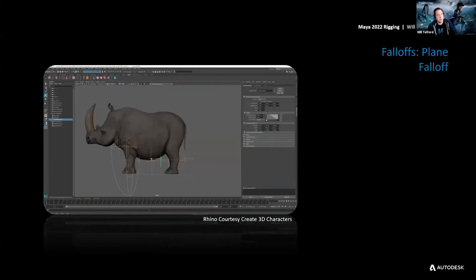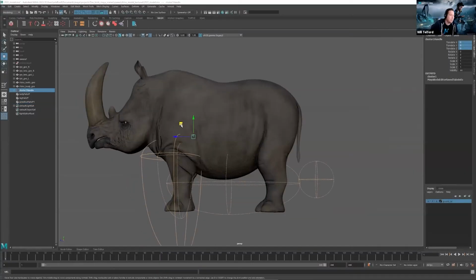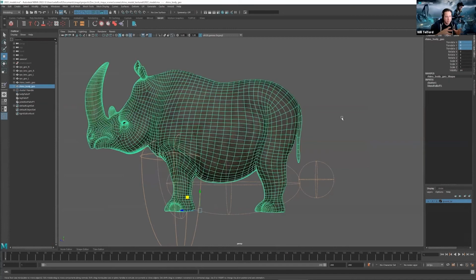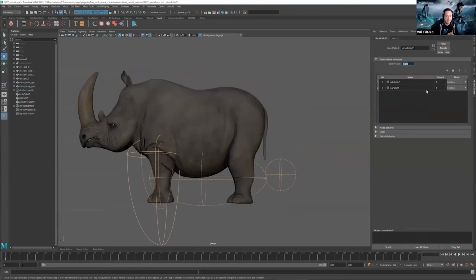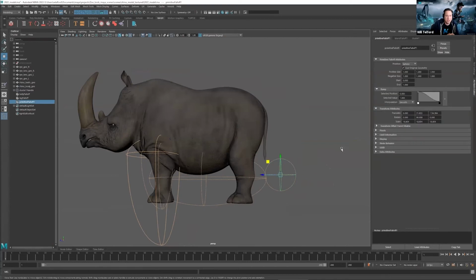Okay, so this primitive fall off actually has two modes. It can also be a planar fall off. So I have another one of those that's the sphere at the back. You see his back legs in the effect, but maybe I don't want to carve out just the leg. Maybe I can be a little more blunt than that. So I'm going to take this other fall off here, and I'm going to change this primitive fall off. It's the one that's already created, but I can go into the fall off type and I can change it